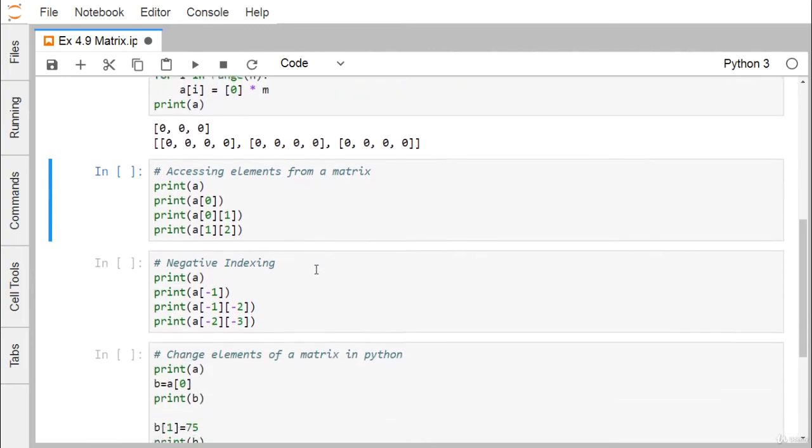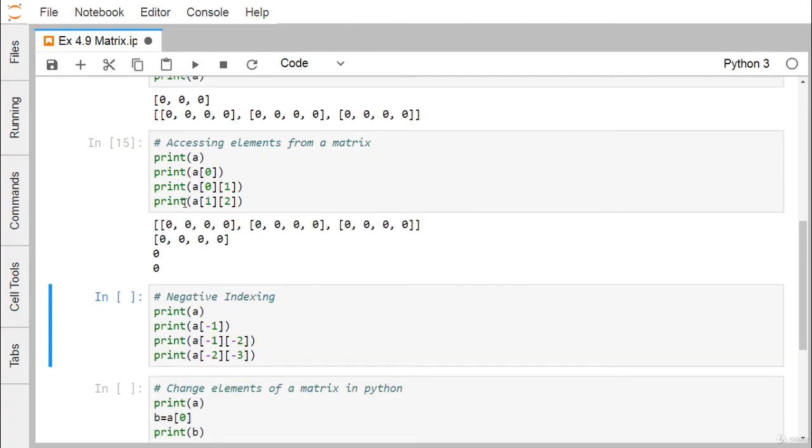So now how to access our elements there? So now let me go for this. So if we print a[0], that means the 0th element will get printed, and that is another list. So this particular outcome will be obtained. If you go for this a[0][1], that means we are printing this very element because the 0th location is having one list and its index number 1, that means this 0 will get printed here. So a[1][2] means it is at the 1 index, and then at the 2 index. So this particular 0 will get printed here.